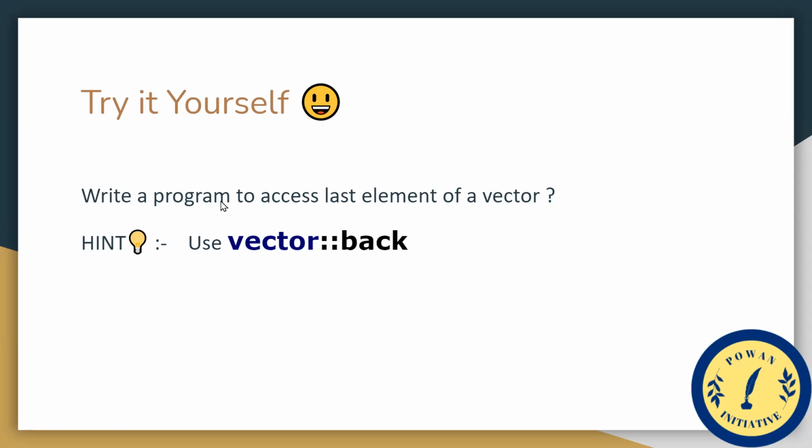See, this question I had given to you: write a program to access the last element of a vector. In this, we have to use the access element back. See what it does. The back access element just accesses the last element. It returns a reference to the last element in the vector, unlike the member function end, which returns an iterator just past this element. This function returns a direct reference. Calling this function on an empty container causes undefined behavior. We don't have to call this function on an empty container. Okay, so let's move on to the hands-on part and discuss the solution of this problem.